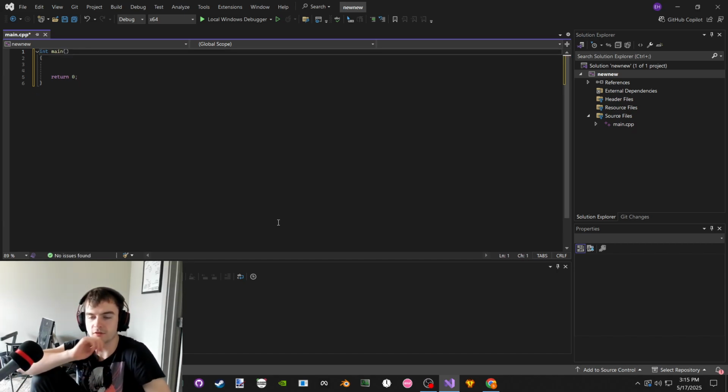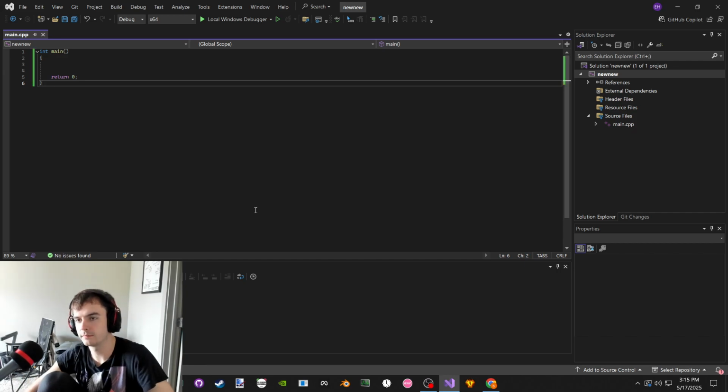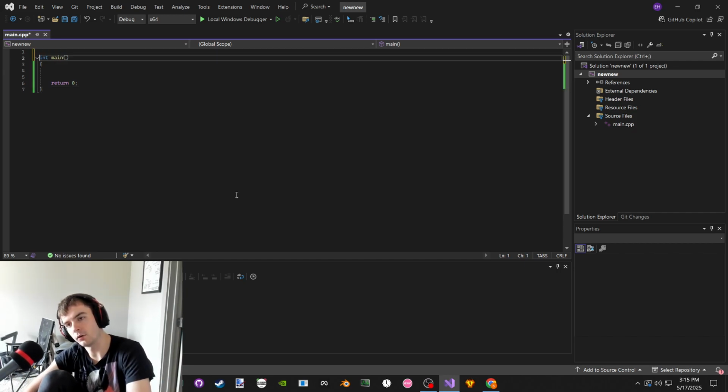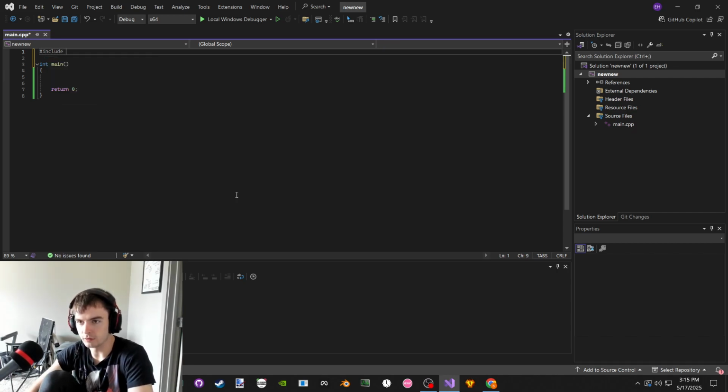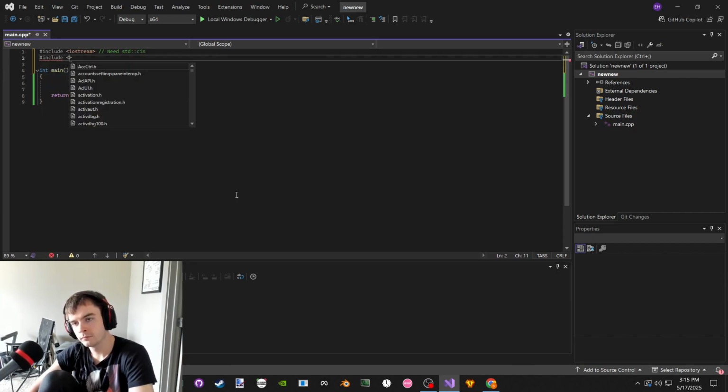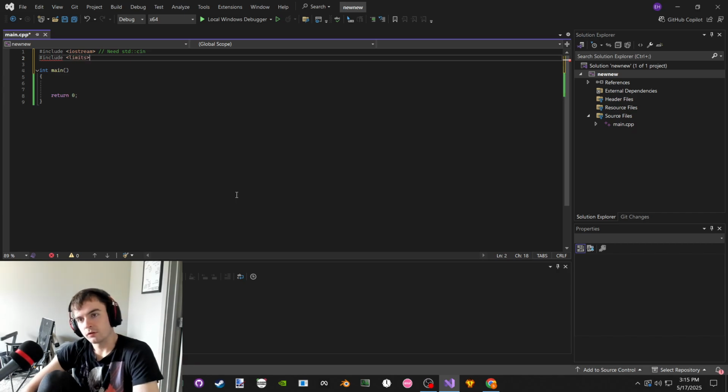Maybe we don't need this just yet. Let's say, I'll just test it out real quick. So we'll do it, no header file. Include, we need input and output. Need standard character input at least right now. And then we also want